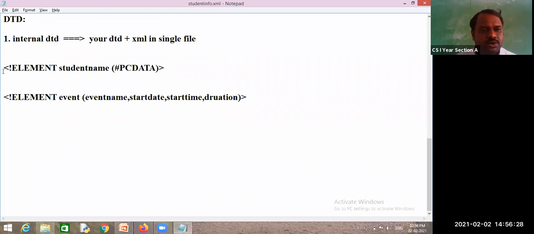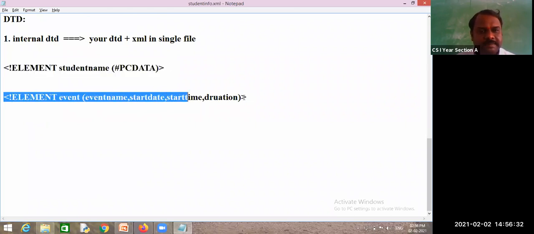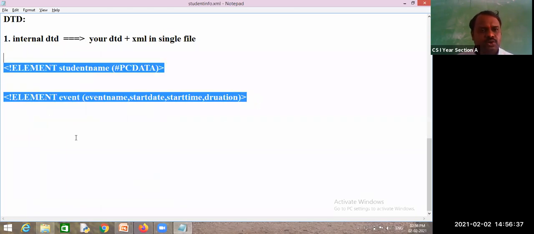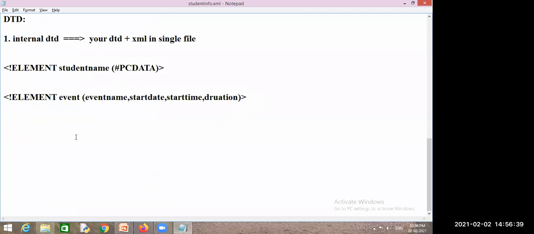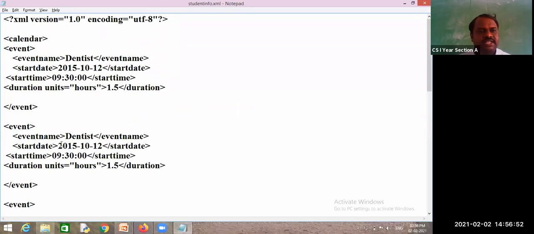So did you understand how to write a leaf element and how to write a root element? These two things we have to write. That's it. This is the rule to write a DTD. Which rule have I written? The element rule. I did not write an attribute rule, I have just written the element rule, and we will write one DTD and check whether it follows the rules or not.